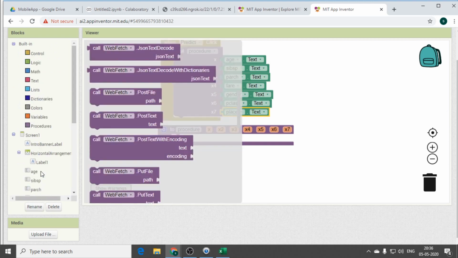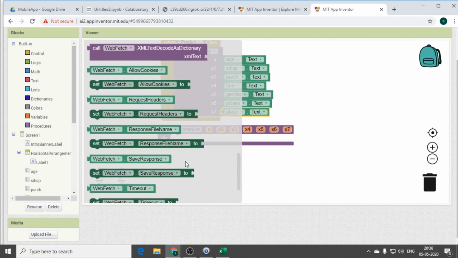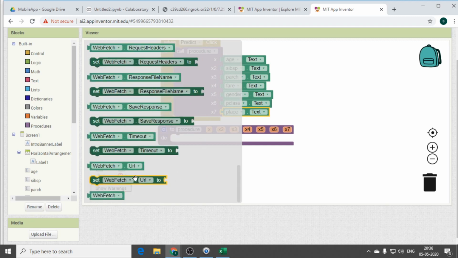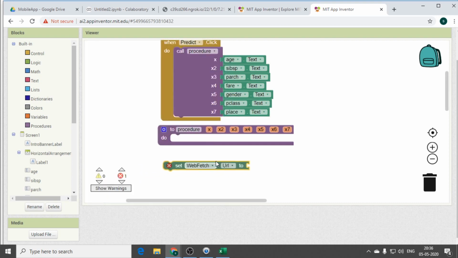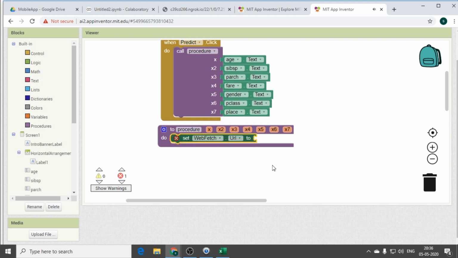So here you need to fetch the data from set web fetch URL2. Click the last one and place it here, where you need to place that thing in the procedure, because we will be adding each and every input over here.